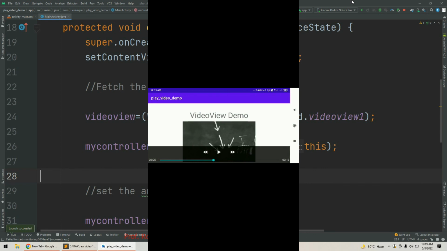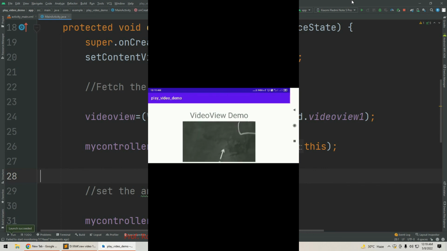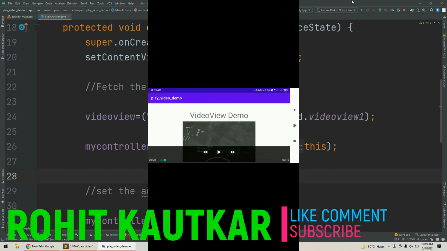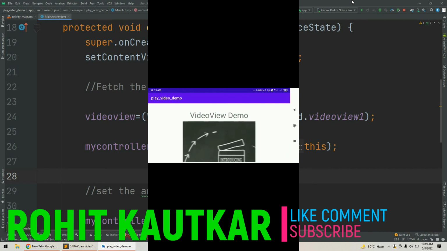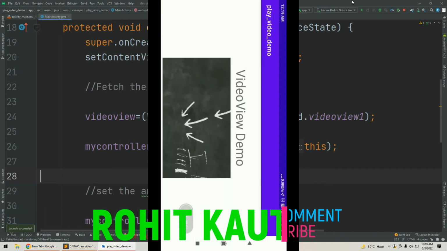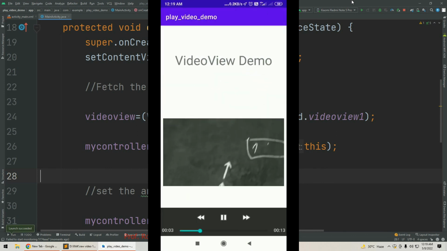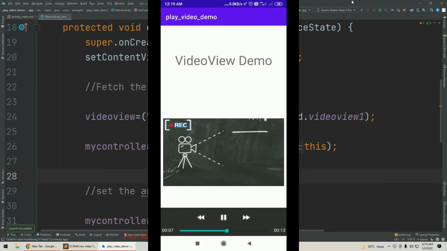Okay, so we can pause it, we can take it backward, forward, like this. Okay, this is how we can play video with help of video view and